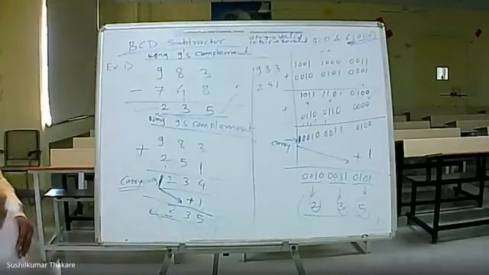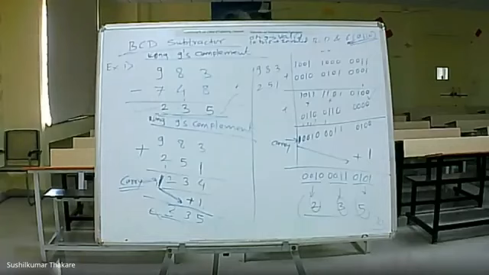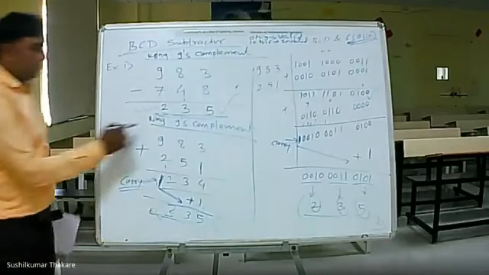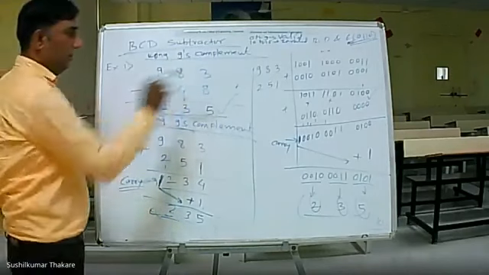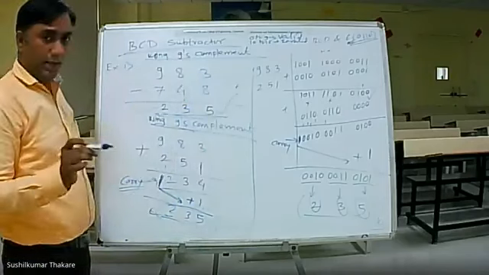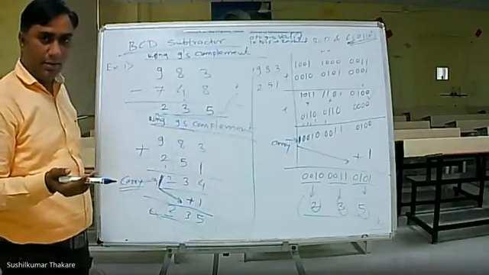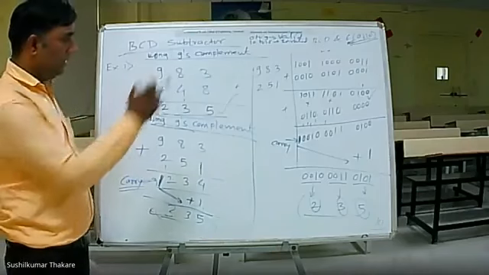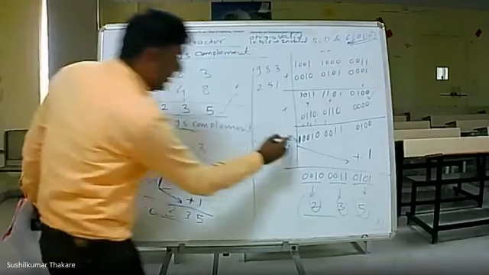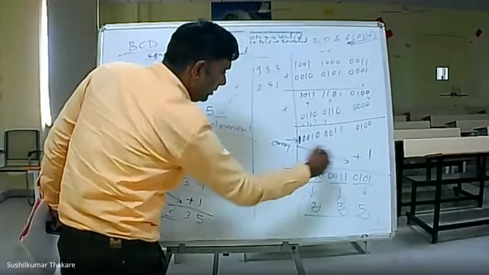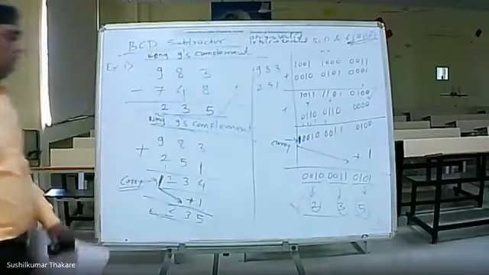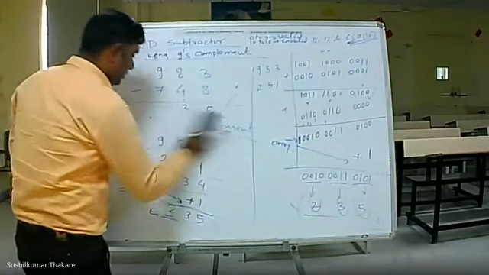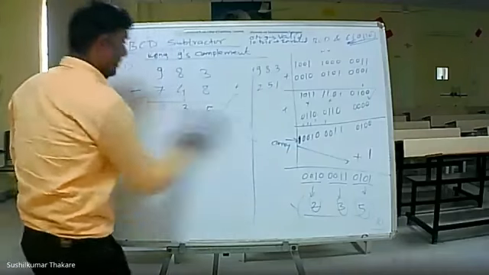So now another example. The most important thing is to use 9's complement. In some examples there is no carry, but in this example carry is available. This is the carry. The carry 1 is added to this number, then we get your answer, 2, 3, 5. Next, the next example.